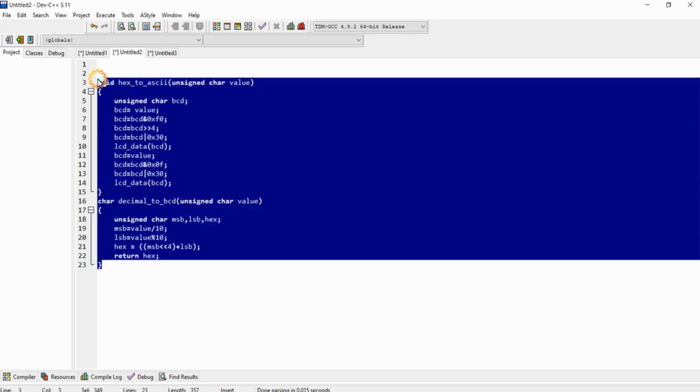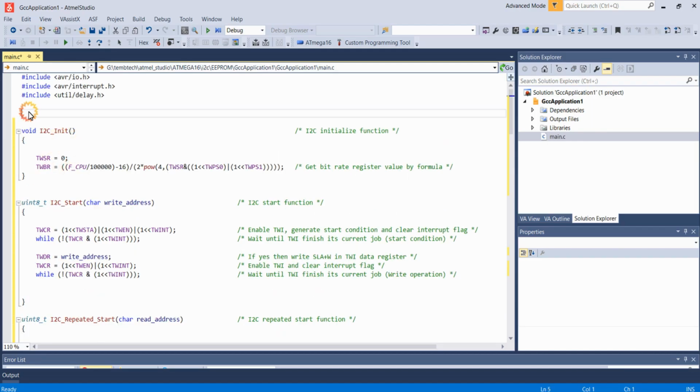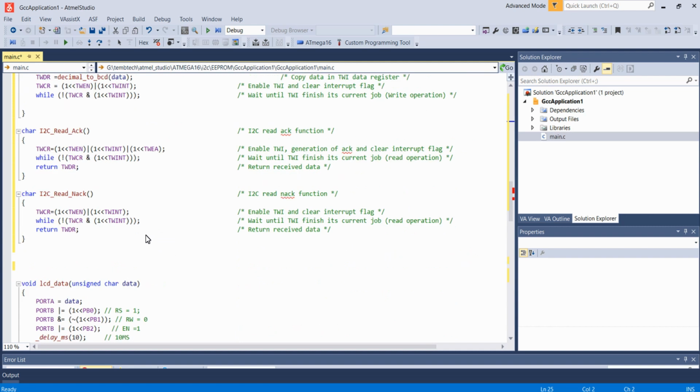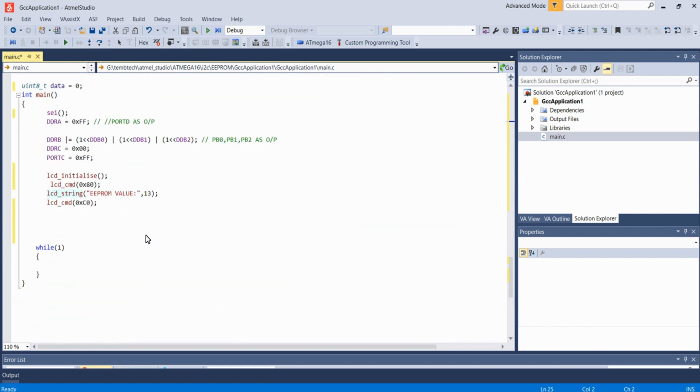So we require these two functions also. I am copying this and I am pasting above all these functions, and that's it about the function definitions that we require.